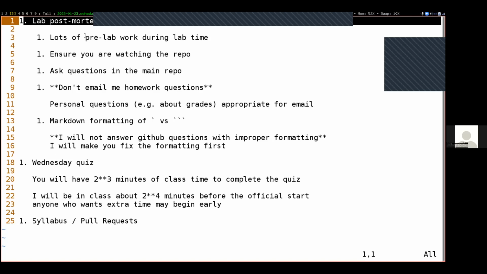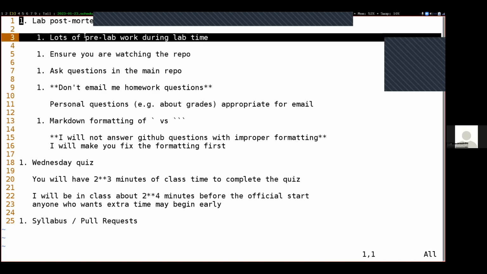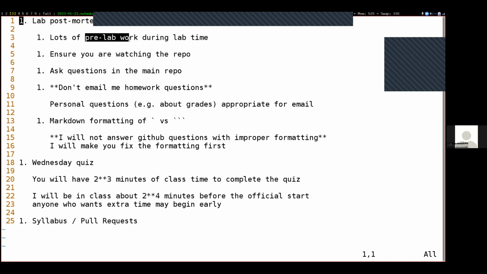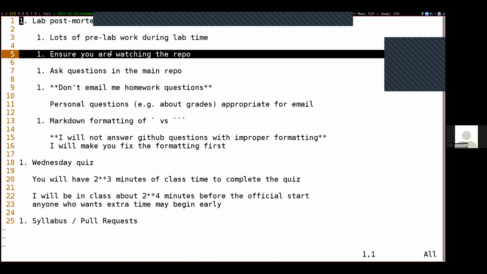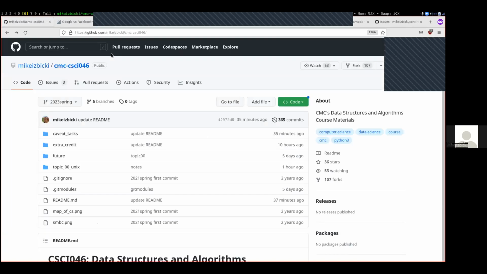So one of the things that I noticed is that there were a number of people doing pre-lab work during the lab time. In general, I don't have a problem with that; you should do whatever you think is most effective use of your time. But usually I try to have the pre-lab work structured so that it's probably not something that you're going to need to ask too many questions about. And the lab work itself is things that you might need to collaborate with other people on or ask questions about for me. And so I definitely recommend doing in the future, getting that pre-lab work done before the lab time. Also, ensure that you have pressed the watch button on the class repository, one of those pre-lab work things